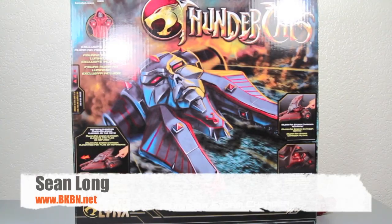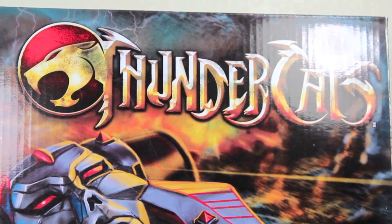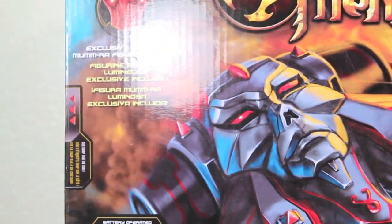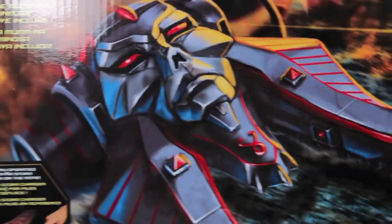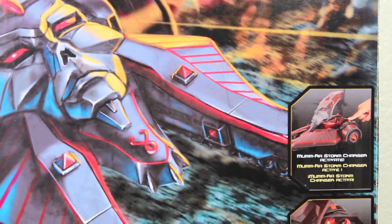What up, big kids? Here's your big review of the Thundercats 2011 Mumm-Ra Stormcharger vehicle. Here we got the packaging for the Stormcharger. Has an awesome Thundercats logo with some really great box art of the Stormcharger. It has there in the corner Mumm-Ra, includes an exclusive lineup Mumm-Ra figure, and it says right here activate Stormcharger,